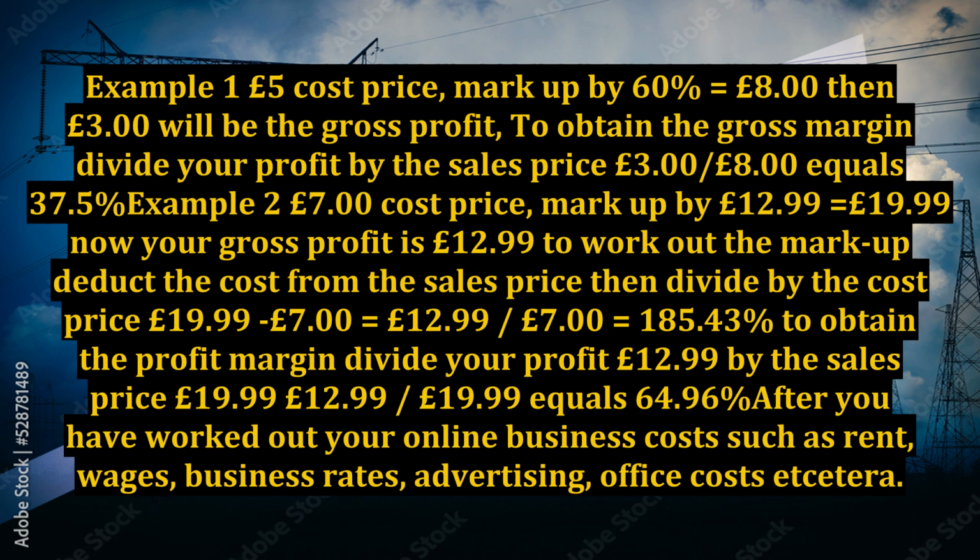Example 2. £7.00 cost price, markup by £12.99 equals £19.99. Now, your gross profit is £12.99. To work out the markup, deduct the cost from the sales price, then divide by the cost price. £19.99 minus £7.00 equals £12.99, divided by £7.00 equals 185.43%. To obtain the profit margin, divide your profit £12.99 by the sales price £19.99. £12.99 divided by £19.99 equals